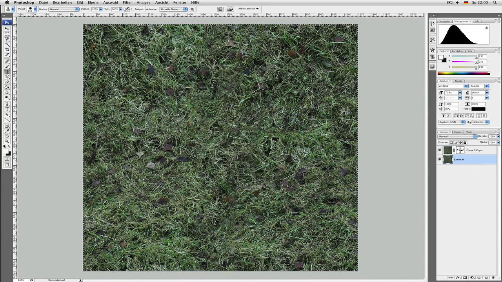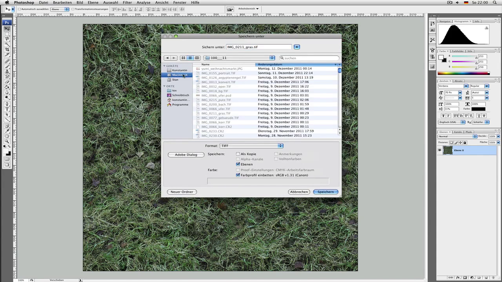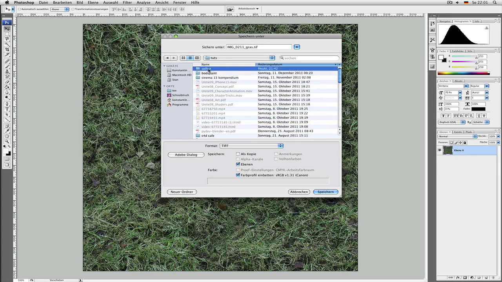Okay, so usually we would be busy with that for quite a while, but I don't want this tutorial to go too long, so we're just using Command E to put this on one layer, and you can save it, for example, as a Photoshop file. I go to, what's the name, 3D